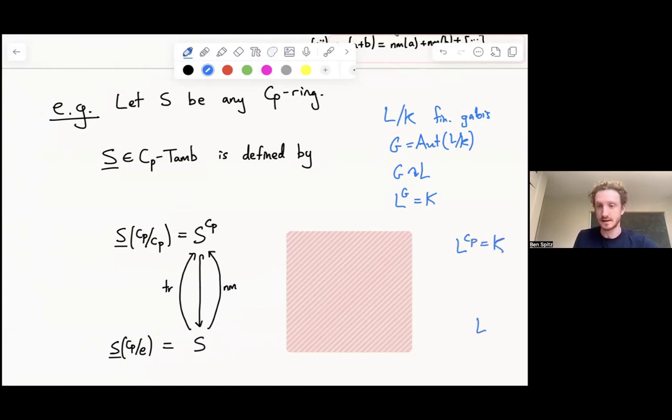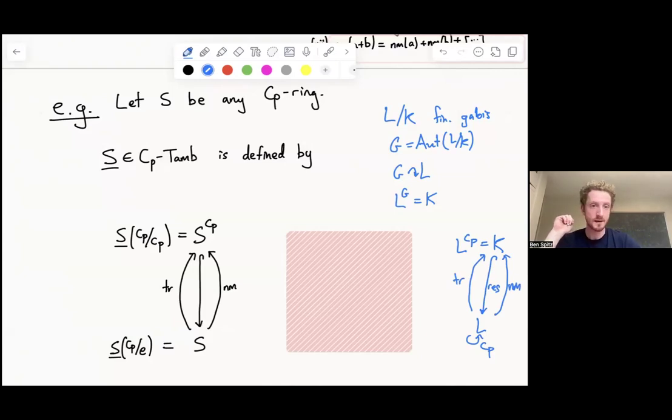And at the bottom I have the entire field. And my group G, which in this case is CP, acts on the bottom. And I have an inclusion from the base field to the extension field, and that's my restriction. And I have a trace map, the Galois theoretic trace map up to the top. And I have a Galois theoretic norm map up to the top.